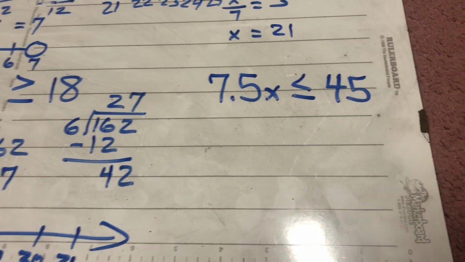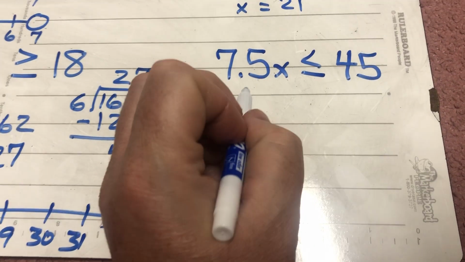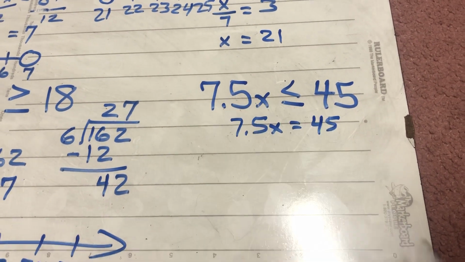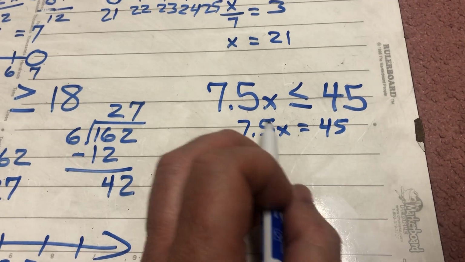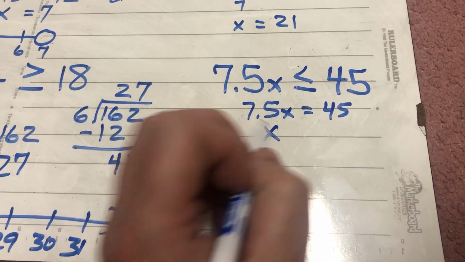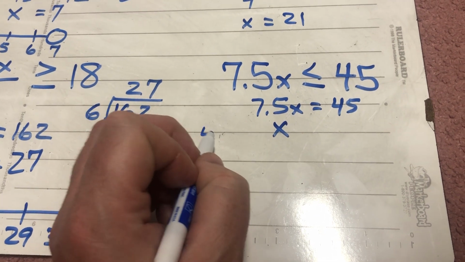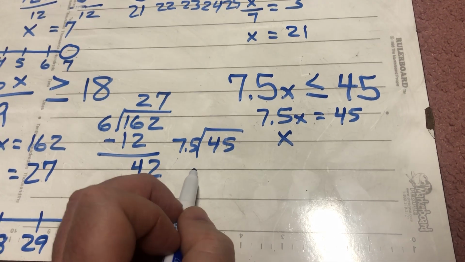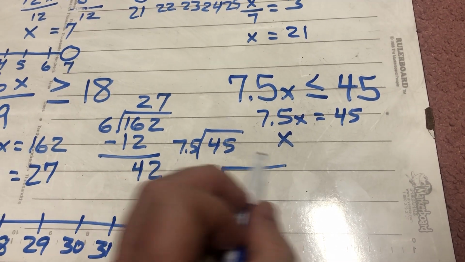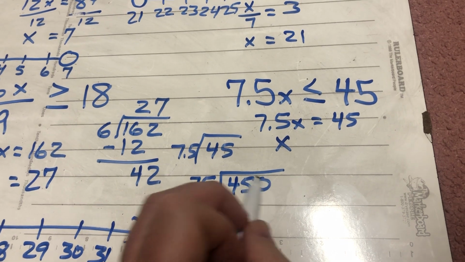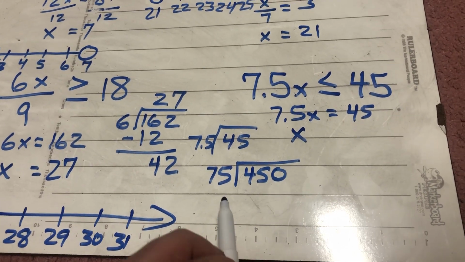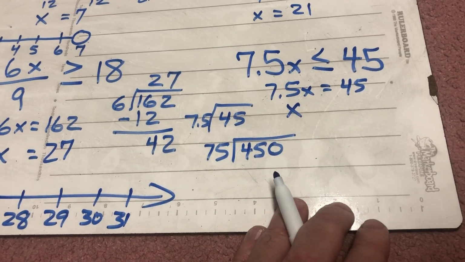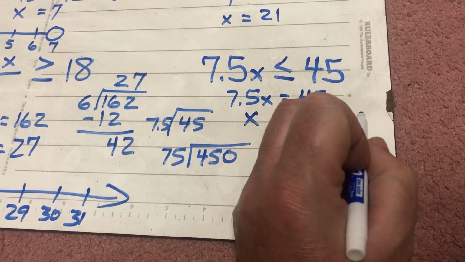7.5x is less than or equal to 45. Well, set up the equation. 7.5x is equal to 45. Divide both sides by 7.5. That leaves me with x here. Well, if I take 45 and I divide that by 7.5, I have to move the decimal, which makes that 75, which makes the 45 450. Well, I'm thinking 75 would round to 80. 8 can go into 45 5 times. So I'm going to try 75